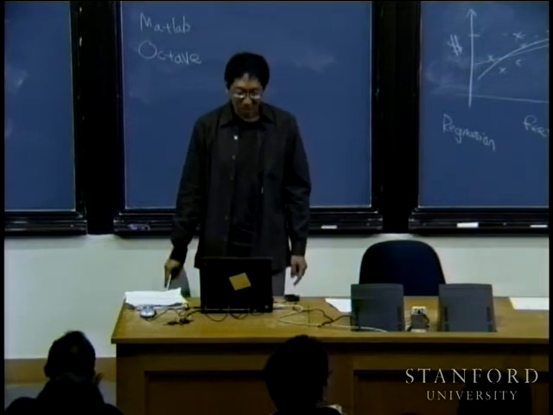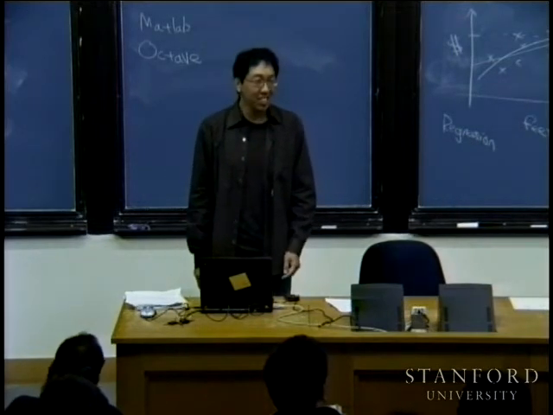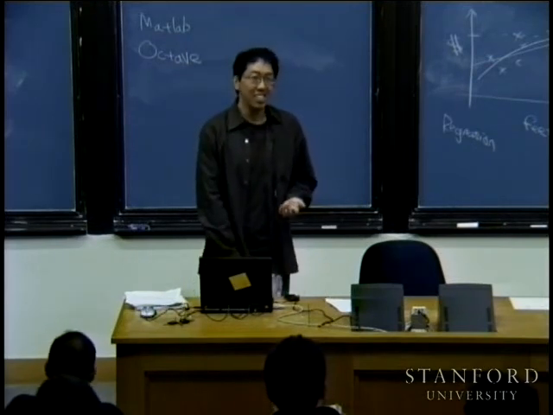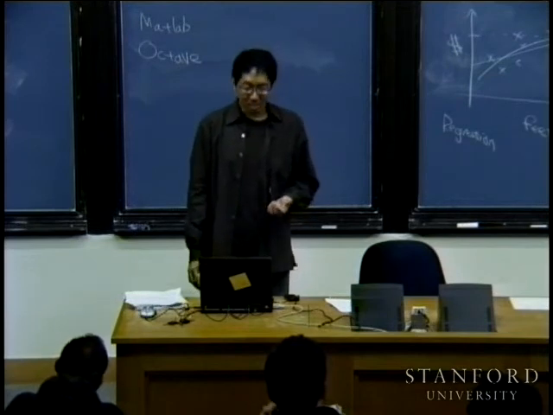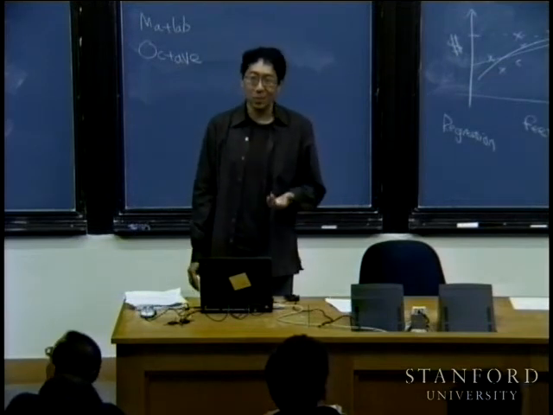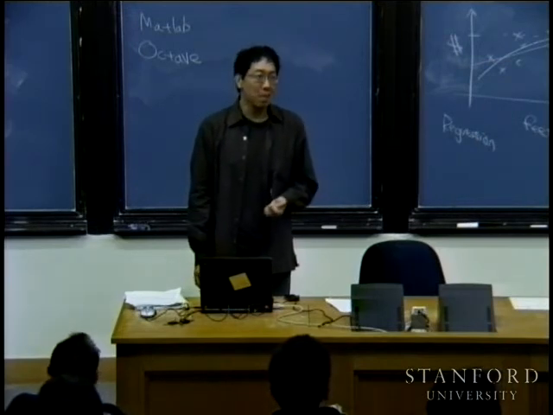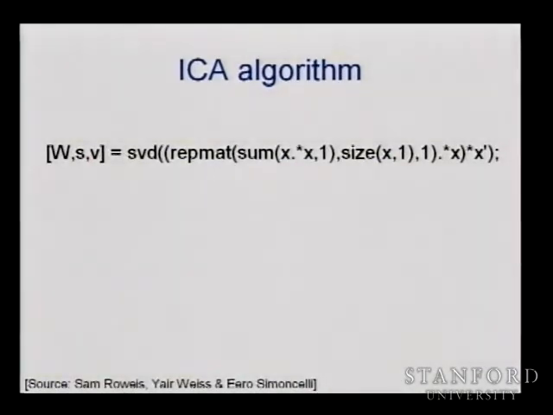So I got this from Samuel Wise at U of Toronto, and the example I showed you actually used a more complicated ICA algorithm than this, but nonetheless, I guess this is why for this class I'm going to ask you to do most of your programming in MATLAB and Octave, because if you try to implement the same algorithm in C or Java or something, I can tell you from personal painful experience, you end up writing pages of code rather than relatively few lines of code. I should mention that it did take researchers many years to come up with that one line of code. So this is not easy.